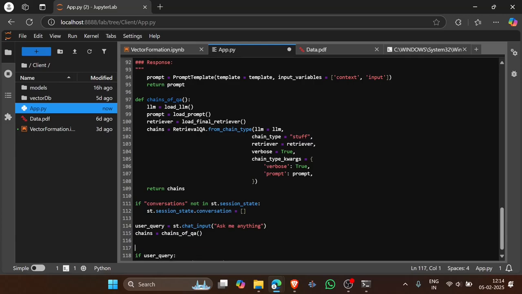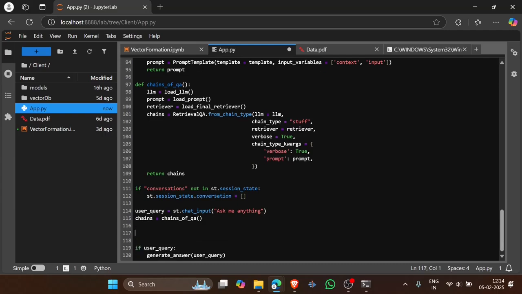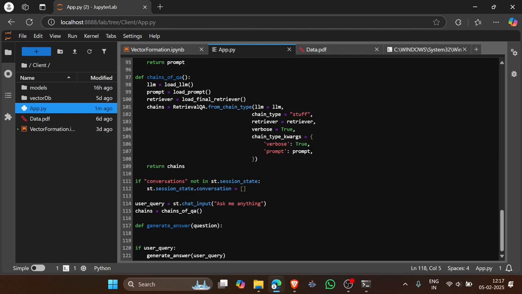Now let's create this function generate answer, in which we are passing this user query. So let's say it is a question. We will first check if question is none or not. If it is none, then we will just return. Otherwise, we will move forward,